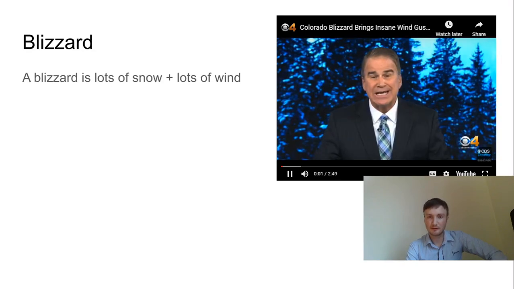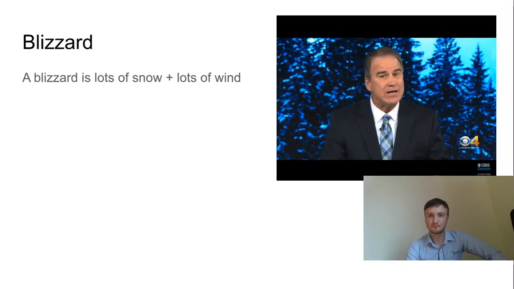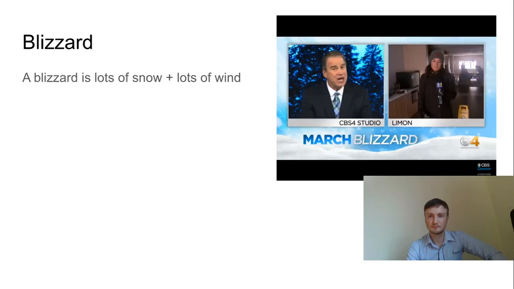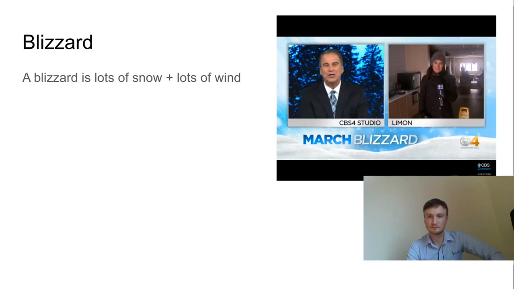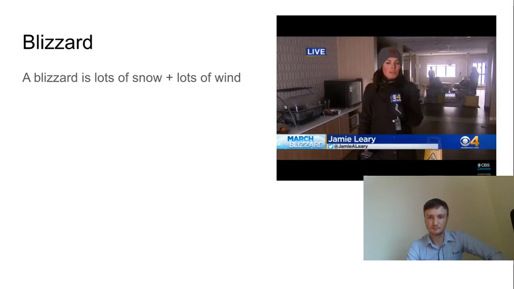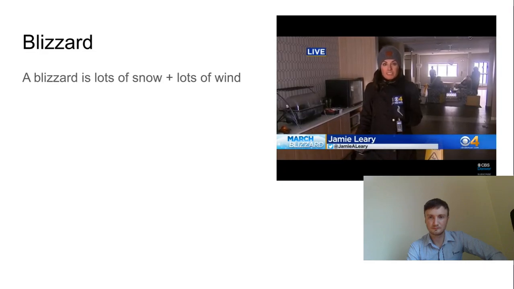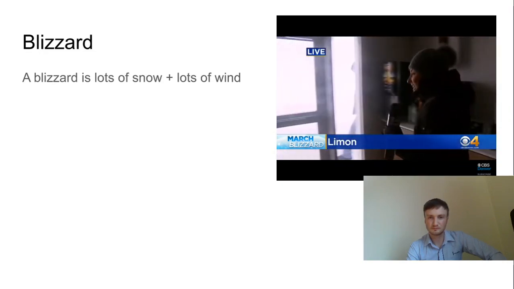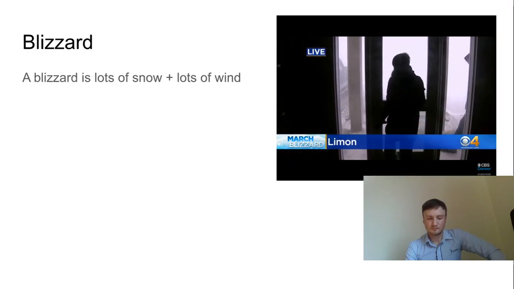The powerful winds got to eastern Colorado this morning, but the rain there didn't turn over to snow until earlier this afternoon. And the wind and blowing snow so bad, I-70 now closed from Tower Road all the way back to Kansas. Our Jamie Leary got to Lyman early today just so she would beat that highway closure. Jamie, wind, the real problem now. Yeah, now we are right in the center of it. We want to show our viewers that we are indeed staying safe. We're not just standing out there. This hotel has been kind of home base for us, and it actually lost power due to these powerful wind gusts. I didn't think it could get any worse, but I want to show you what we're dealing with outside.